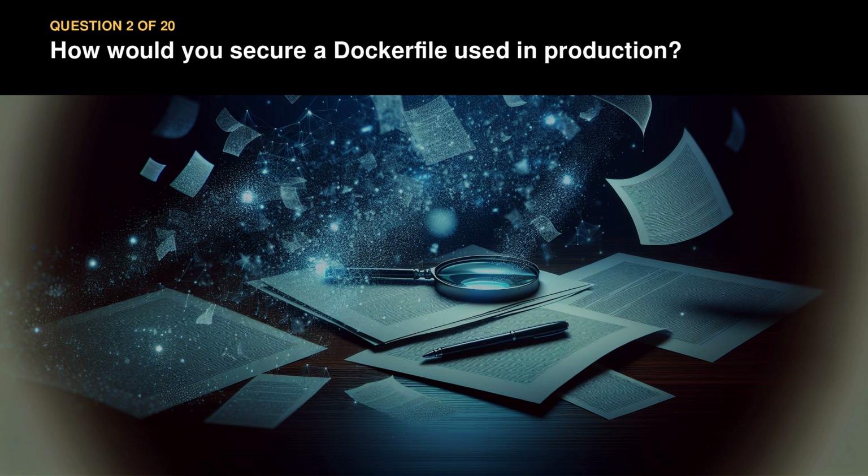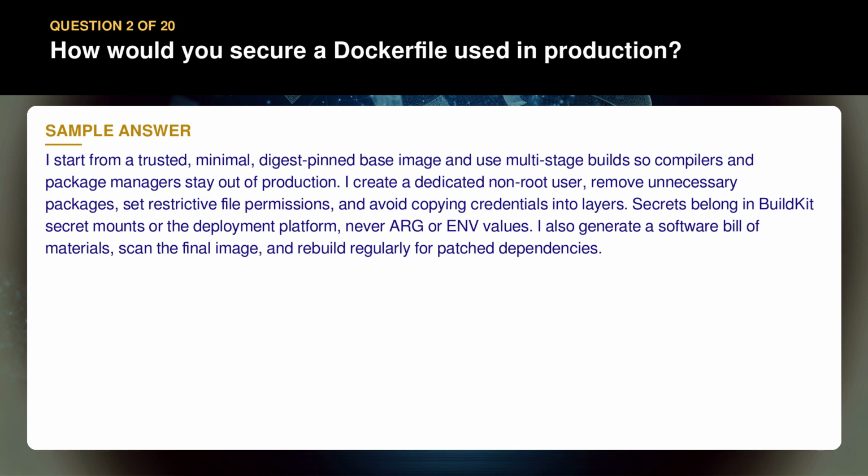Question 2. How would you secure a Dockerfile used in production? I start from a trusted, minimal, digest pinned base image and use multi-stage builds so compilers and package managers stay out of production. I create a dedicated non-root user, remove unnecessary packages, set restrictive file permissions, and avoid copying credentials into layers. Secrets belong in BuildKit